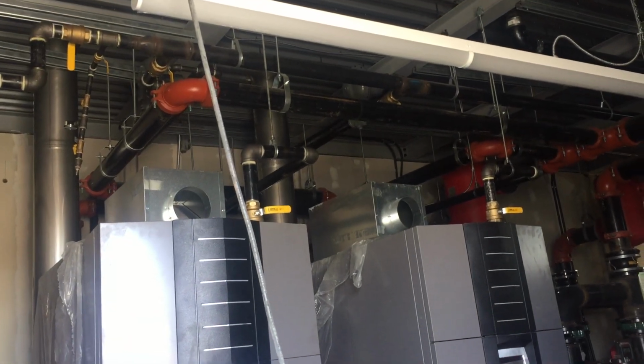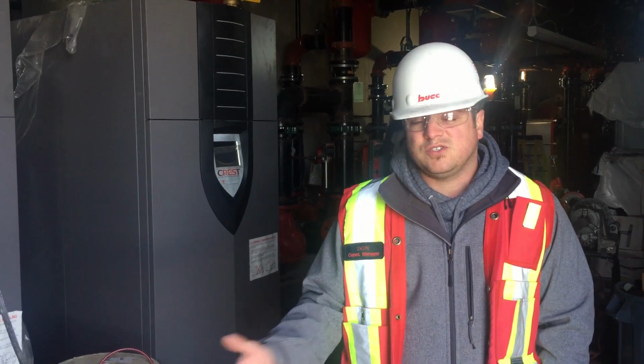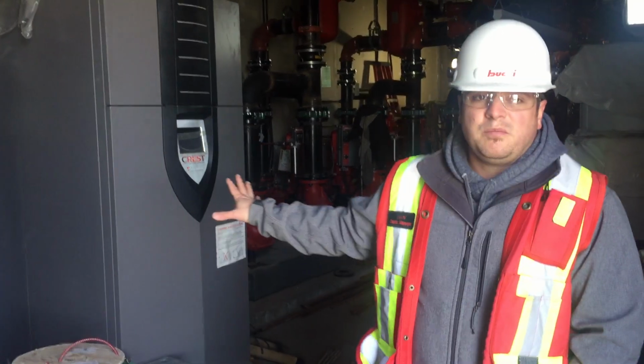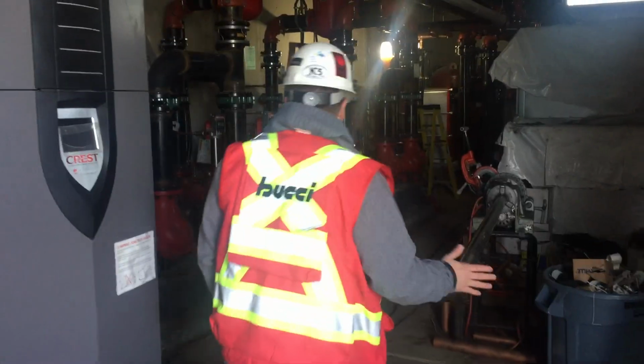Conditioned water normally has rust inhibitors in it. It has some glycol so it doesn't freeze in case of emergencies, stuff like that. The water is not drinkable, so please don't ever drink this water. But these two units here punch out enough heat to heat this entire building. About 188,000 square feet of this building will be heated by these two units right here. So if we come further along here,